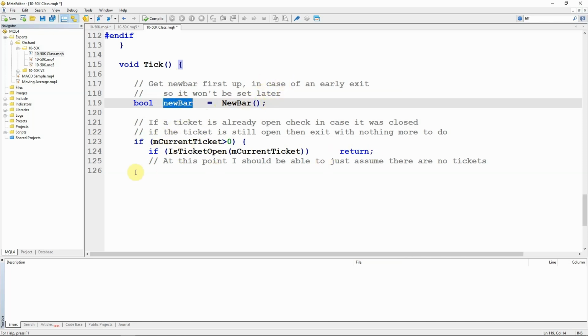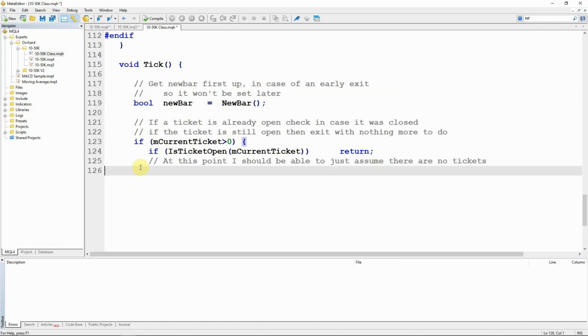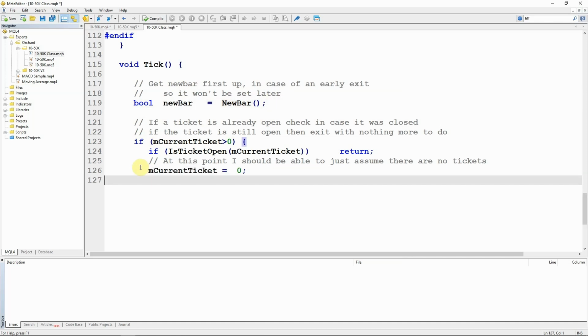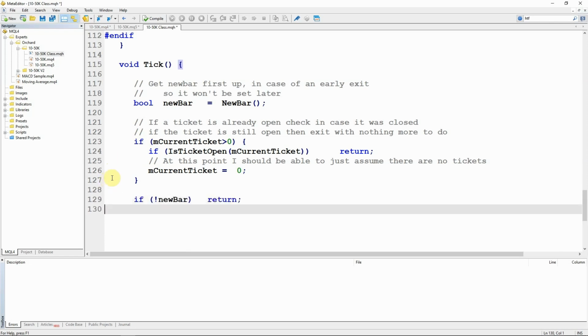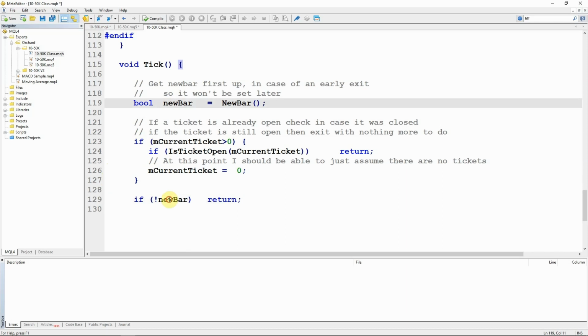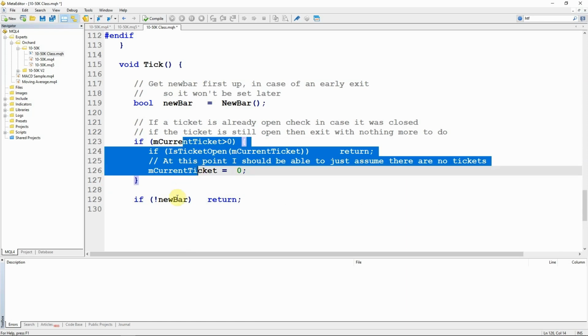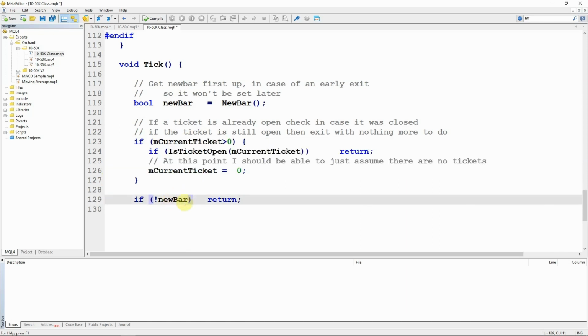Then I'll test for my ticket. And assuming that the ticket is no longer open, so if IsTicketOpen returns false, then I'll reset this mCurrentTicket to 0. And then I'll check the value that I got back in this new bar. So if partway through an existing bar the ticket closes, I fall through this code here and get down to here, but I will say it's not a new bar because by that stage this is closed.